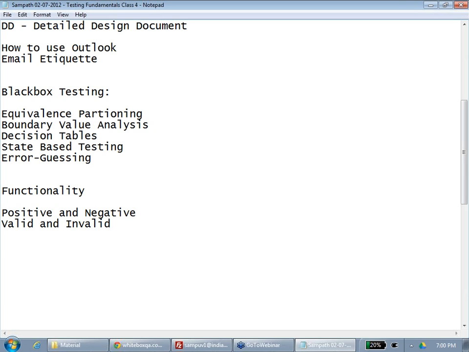So let me come to some other example. For example, I am testing an elevator. I go into the elevator, I am on the ground floor, and I press 2. It should go to the second floor. Agree? It should close the door and go. But if I go into an elevator and I don't do anything, we should test for this invalid case. Doors will close, doors will open, it won't go anywhere. If it is going to floor 2, that is wrong. It cannot go to any floor just because I didn't press anything. So you should test for valid cases, you should test for invalid cases also.